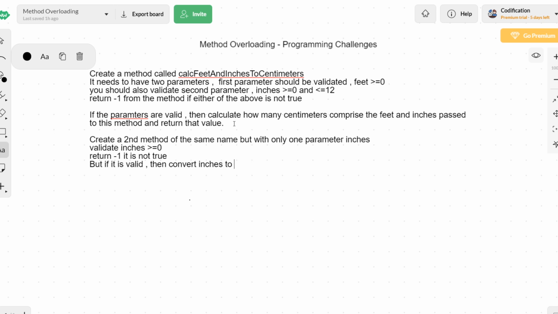Because for example, 100 inches, 200 inches. I think 200 inches can be converted into feet and inches, right? This much feet and remaining this much inches will be there. 6 feet. So 188 centimeter can be called as 6 foot 2 inches. So similarly, now the same inches we are going to convert in terms of feet and inches, and then after converting the provided inches to feet and inches, we will be calling the first method inside the second method by passing the new feet and inches. This is a little tricky part. I will just explain that.